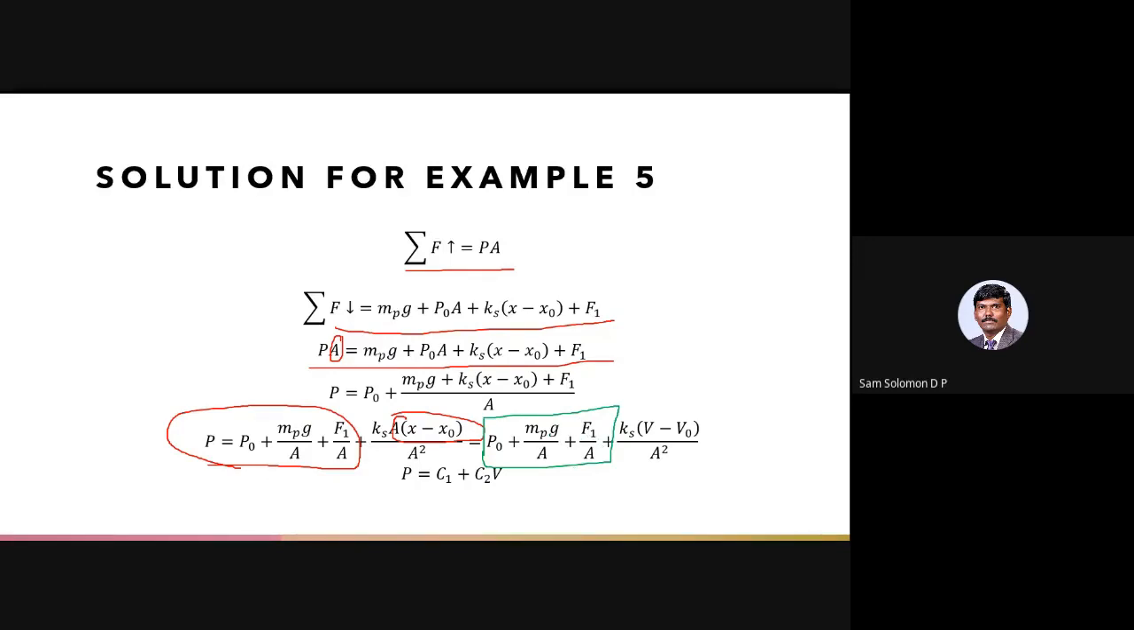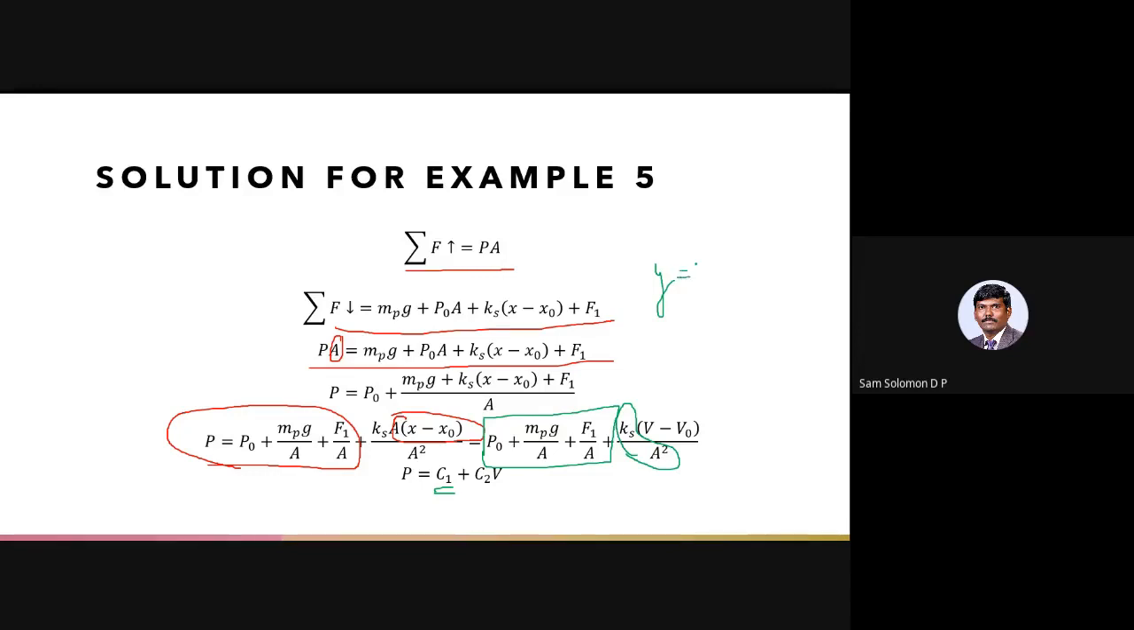So all these are constants, which gives you C1. Okay, and this can be written as C2, Ks by A squared. Ks by A squared can be written as C2, and if the initial volume V naught was 0, I can simply write it as V, or simply the change in volume also I can write it as V. So now I have a term P equal to C1 plus C2V, which is of the form